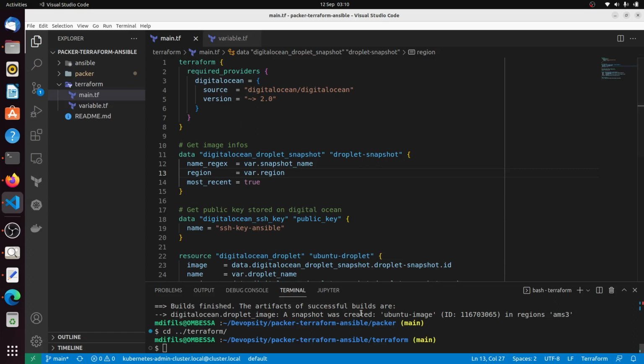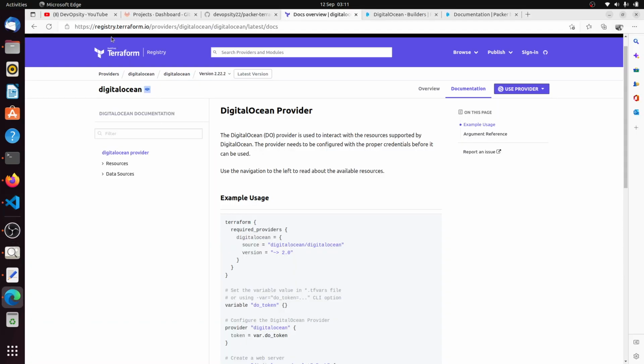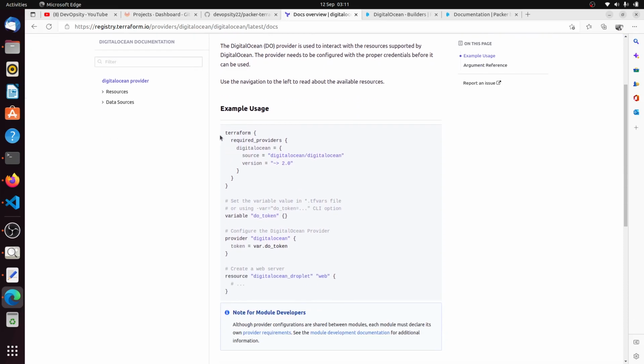Okay, we have already created our machine image. Now, what we are going to do, we will be using that machine image to provision our virtual machine with Terraform. For the documentation, here we have the documentation for Terraform using the DigitalOcean provider. We have an example here. Instead of Packer, we have Terraform